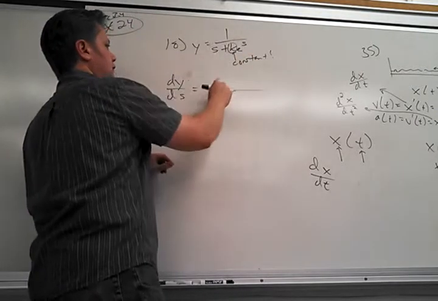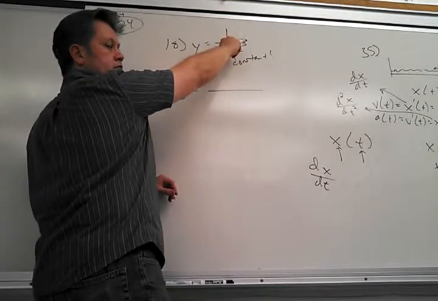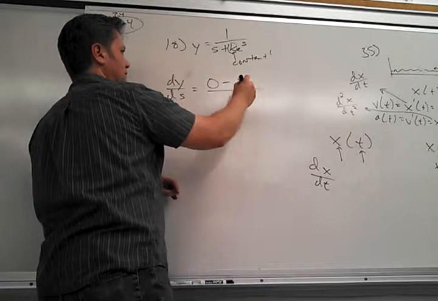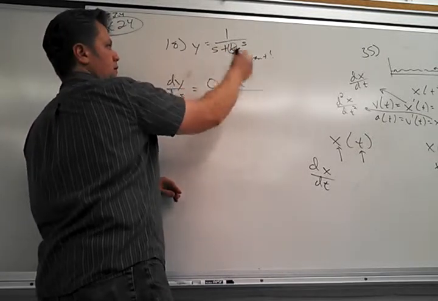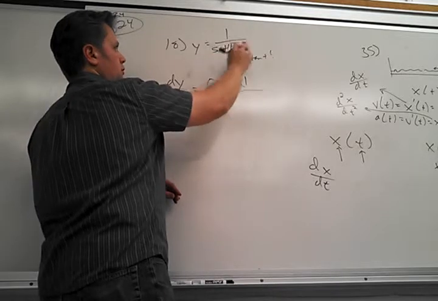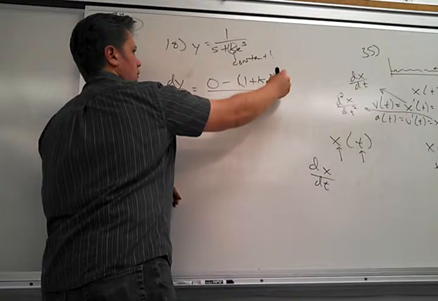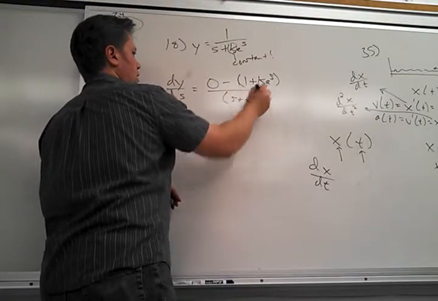How would this look? What's really nice about the first piece? Derivative of 1 is 0. So you get 0 minus the top times the derivative of the bottom. Now what's the derivative of the bottom going to be? 1 plus k dx. Good. 1 plus k, and of course the derivative of this is just itself. Over this thing squared, and I'll let you